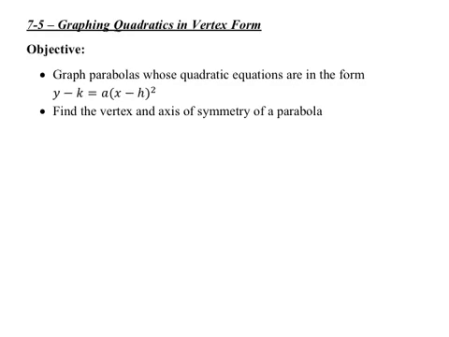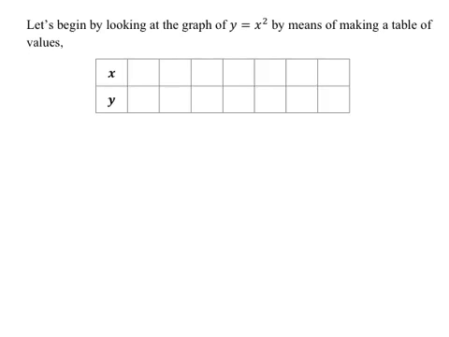Section 7.5, Graphing Quadratics in Vertex form. The objectives here are going to be to graph parabolas whose quadratic equations are in the form y minus k equals a times the quantity x minus h squared, and to find the vertex and axis of symmetry of a parabola. First, let's begin by looking at the graph of y equals x squared, which is our parent function here,